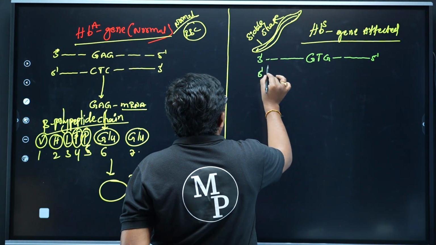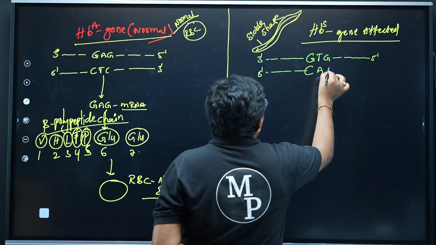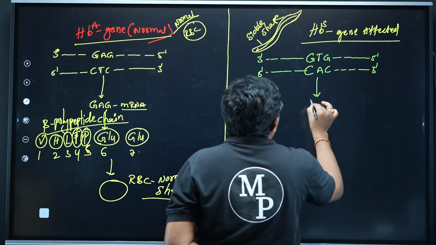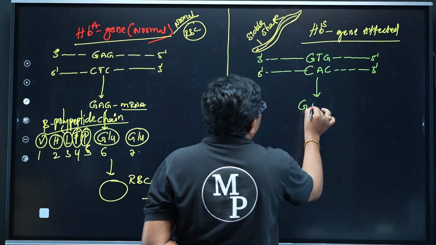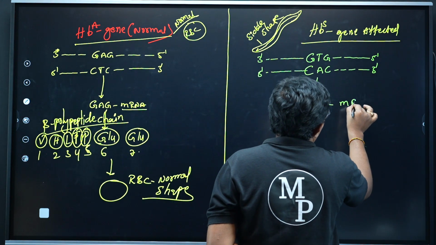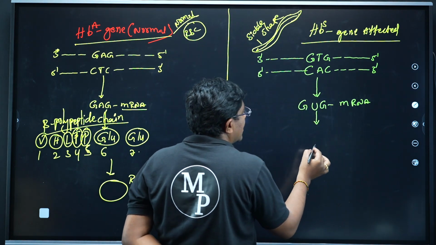Next, another DNA strand, C, A, C, it is the 3 end. In the mRNA synthesizing, G, U, G transcription is there for the mRNA, and it causes